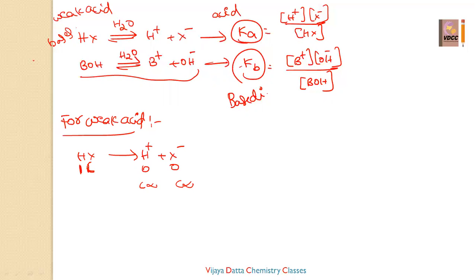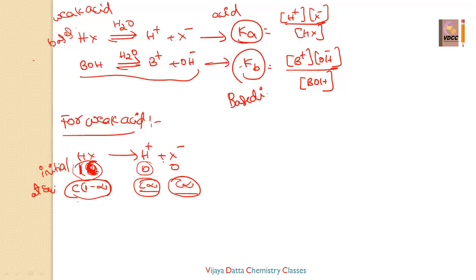Suppose if I am taking it as 1, then they have dissociated C alpha, so it will be C into 1 minus alpha. That is nothing but the dissociation, considered from the initial. At equilibrium, they have consumed C alpha. That C alpha has been consumed from this C. How did we get C into 1 minus alpha? Because the initial concentration I have considered as C, 1 mole of C, you can also write 1 C.